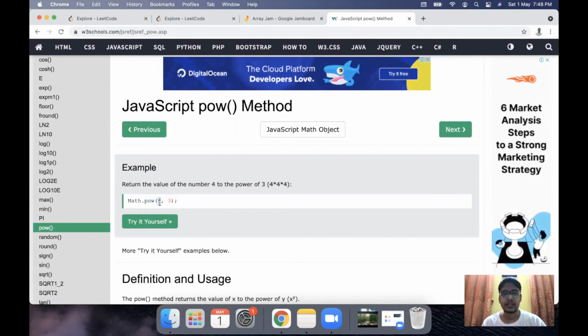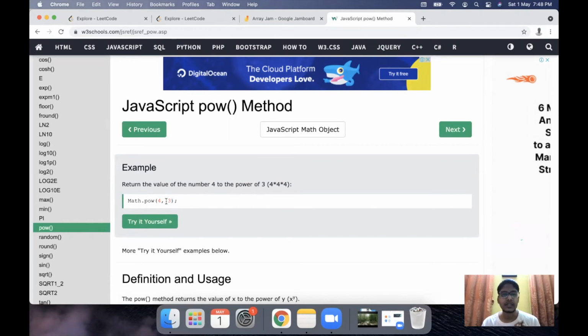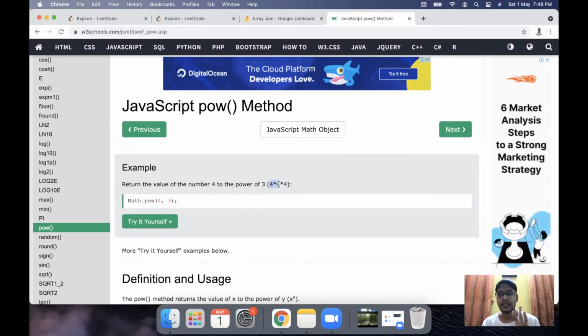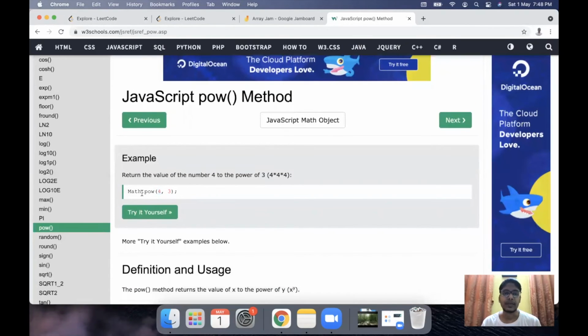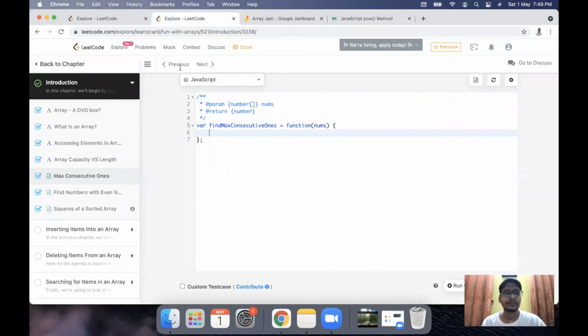For example, if I want the square, I will pass this number, let's say 4, and pass the second value as 2. That is, 4 is multiplied twice. If we pass this value as 3, then 4 is multiplied thrice, that is the cube of this number. In our case, I want the square, so the power will be 2 and the number will be the variable of the number. The easier way would be to just multiply the number by itself, but this is a better way. If tomorrow we need to find the nth power of a particular number, then Math.pow will be a better function to use. That is why I'm going to use that function here.